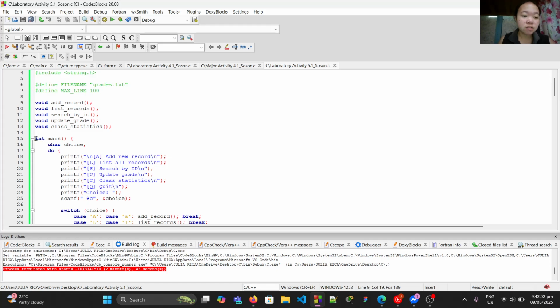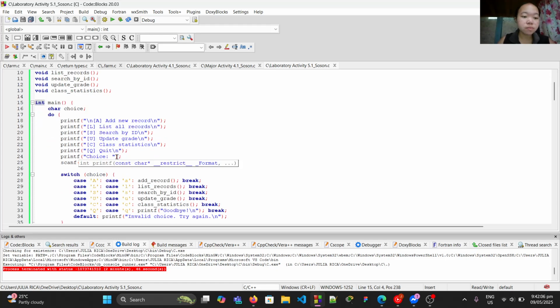And now this is our main menu. Here we're going to display the menu options, which are add new record, list all records, search by ID, update grade, class statistics, and quit.